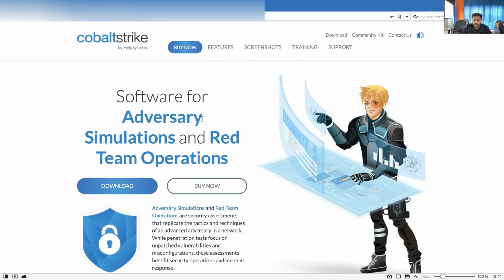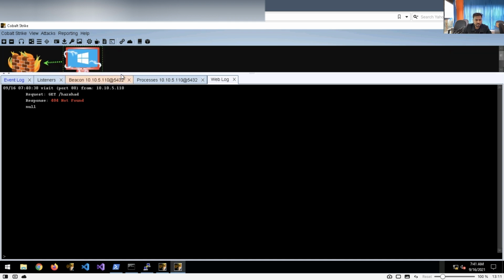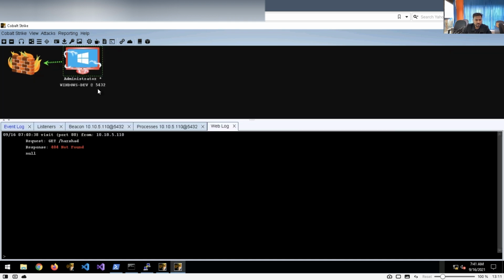I will come with a new video regarding Cobalt Strike, with a different topic. In this particular section, my intention is just to teach you about the GUI interface: how we can interact with the GUI, how to create the listener, how to create the payload, and how we can use other options. This is a pretty good framework, and I actually like this view. It is excellent, and you can easily visualize it properly.